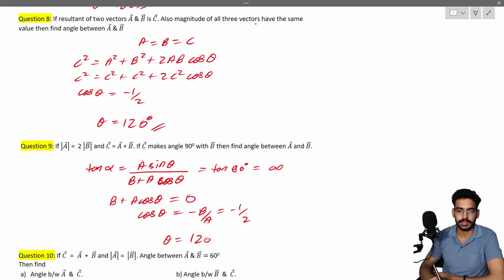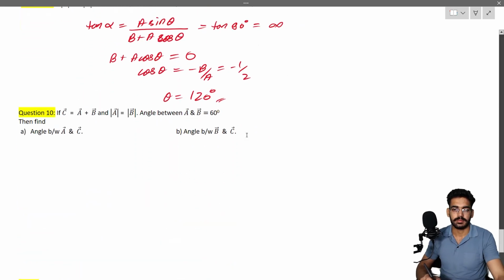Okay, so then theta is equal to 120 degrees. Cos theta equal to minus 1 by 2 means theta equal to 120 degrees. Okay, that's how we solve. Next